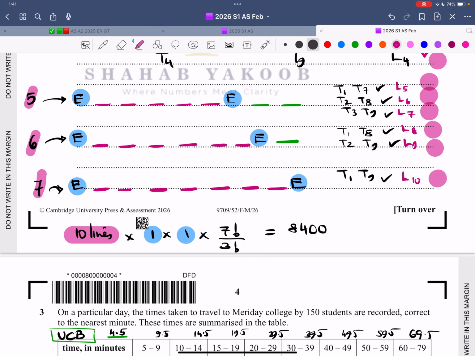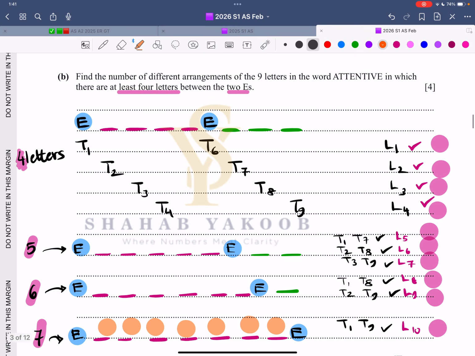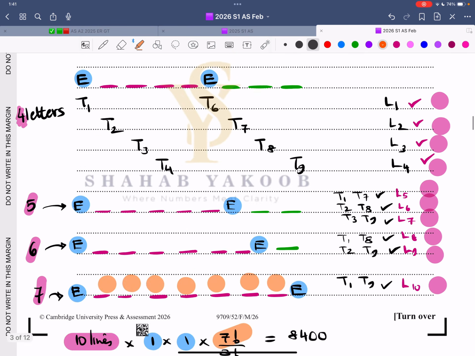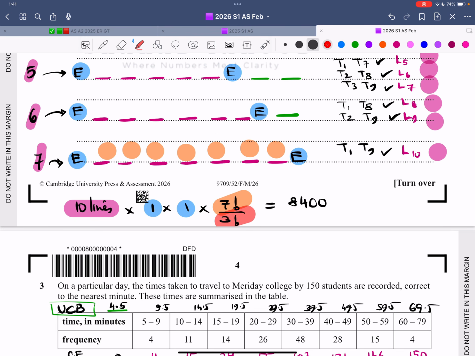7 factorial is basically for the 7 letters in the gaps. Whether they are before or after, it will be 7 factorial. And the 3 factorial is for the 3 t's. We are dividing by 3 factorial for the t's. This is E, this is E, multiply it out. The answer is this thing.